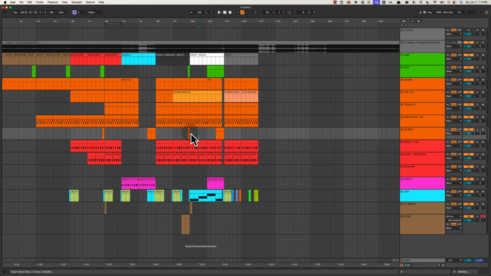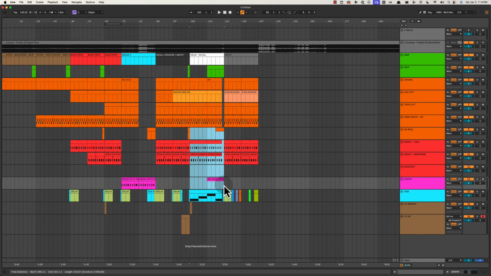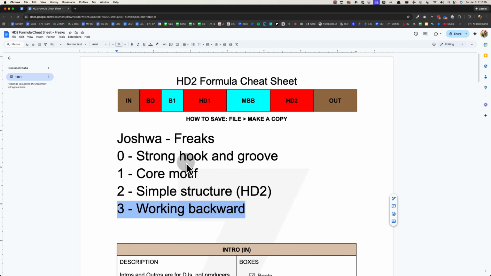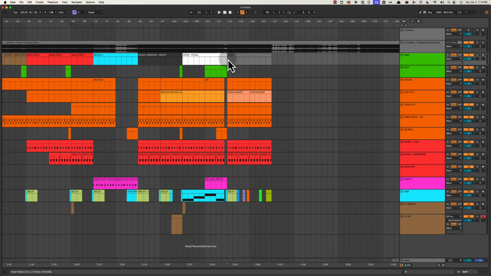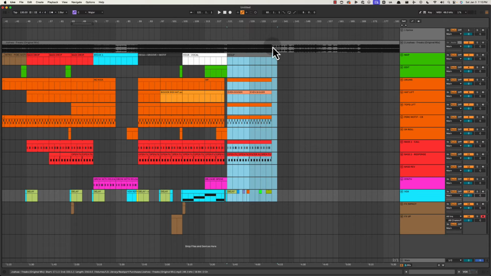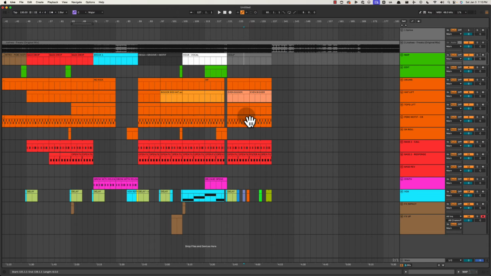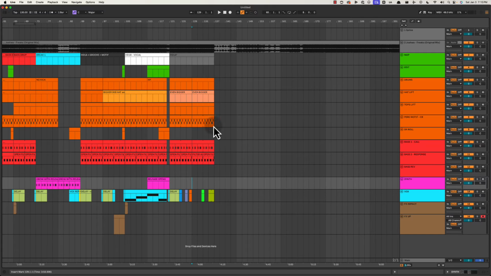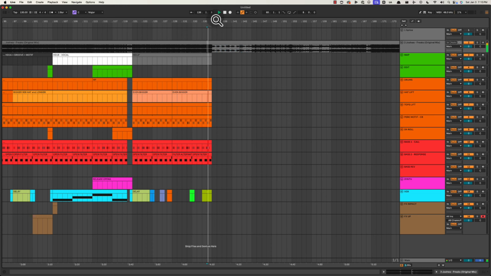And then when we get here, we have the vocal that's able to play alongside it, which gets to what we're going to talk about towards the end, which is working backwards and avoiding a trap that I could see a lot of producers falling into potentially. So here we introduce the groove. Here we step up in energy because we're introducing the vocal. And then this is the climax. Now we're starting to work down into the main break and build by taking away the vocal, but letting the momentum of the vocal happen with some pieces of the vocal. And then we finally get into the main break and build. So let's see how that transition happens.